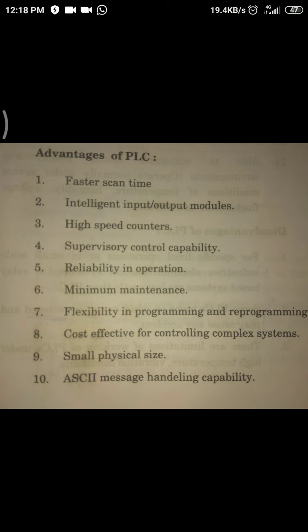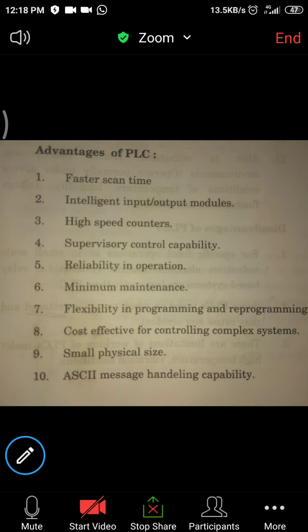High speed counters are there. Supervisory control capability is there. Reliability in operation. Minimum maintenance. Flexibility in programming and reprogramming. Cost effective for controlling complex systems. Small physical size, and ASCII message handling capabilities. So all these are the advantages of PLC.